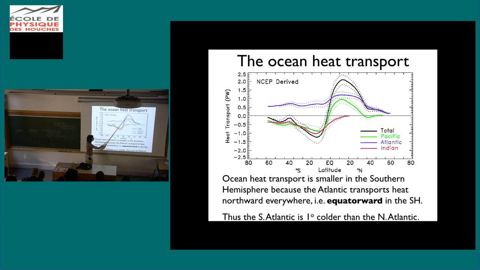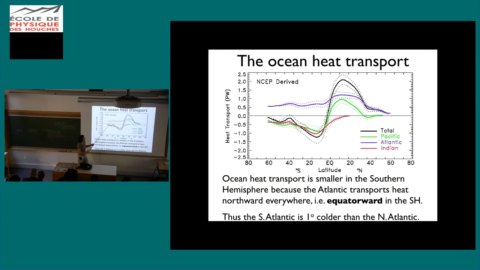There's more heat transport towards the north in the northern hemisphere than there is to the south in the southern hemisphere. That actually has consequences. If you look at temperatures in the South Atlantic relative to the North Atlantic at equal locations and the same side of the boundaries, they're typically 1 degree, sometimes even 4 degrees, colder in the southern hemisphere than in the northern hemisphere. And that is because the Atlantic